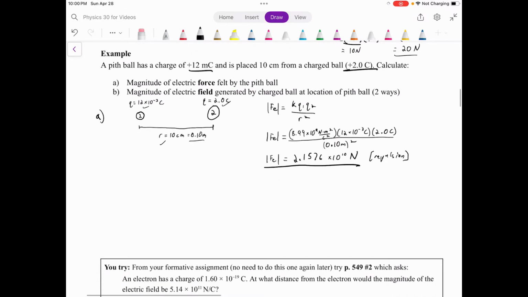All right, now B is where we're actually thinking chapter 11 stuff. Now we want to actually calculate the electric field being generated by the charged ball at the location of the pith ball. So that's very important, right? What is the thing that's making the field we're interested in? Because these both have charge, so they do both generate an electric field, right? In fact, it's the fact that they both create an electric field that leads to the force. Two things that both create electric fields, those fields will interact, and it's that interaction that actually gives rise to the force itself, okay? So this is creating an electric field, and this is creating an electric field